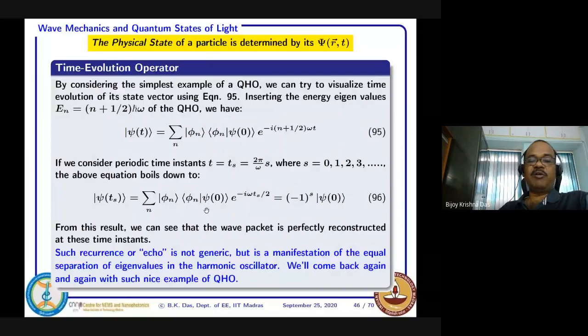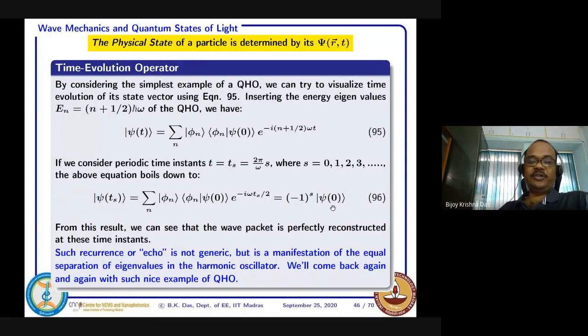Once you are summing up, because all these are unit vectors basically, and you are just writing down the components, all components will have +1 or -1 value, depending on the s value. S equal to 1, it is -1. S equal to 2, it is +1, and so on. So if you sum up, then you get it in this form of equation. So that is easy to understand. Now what is this?